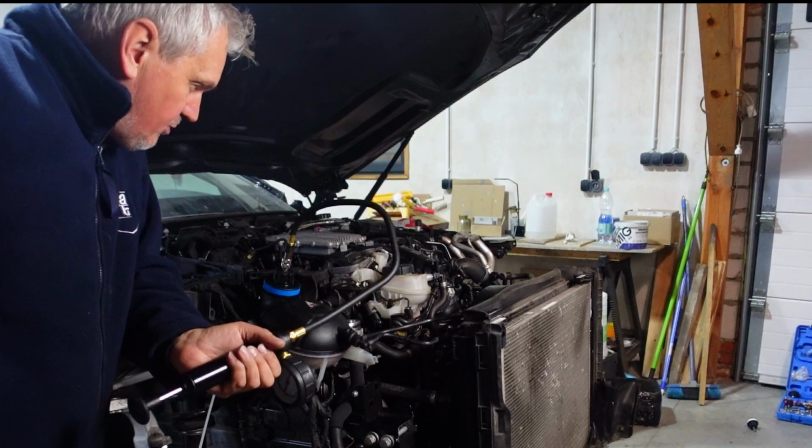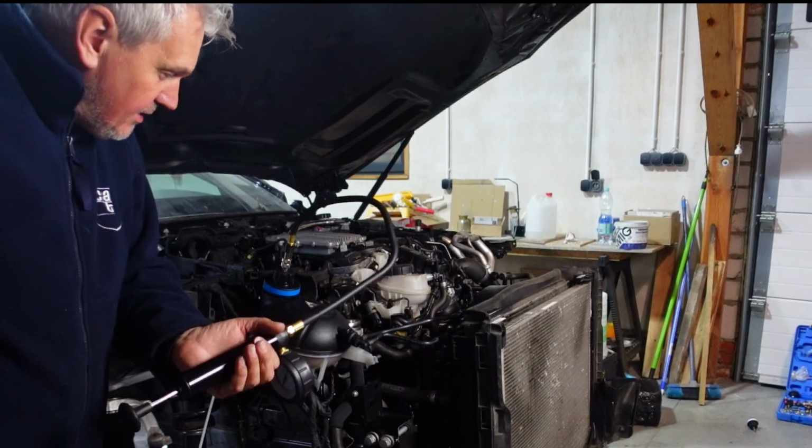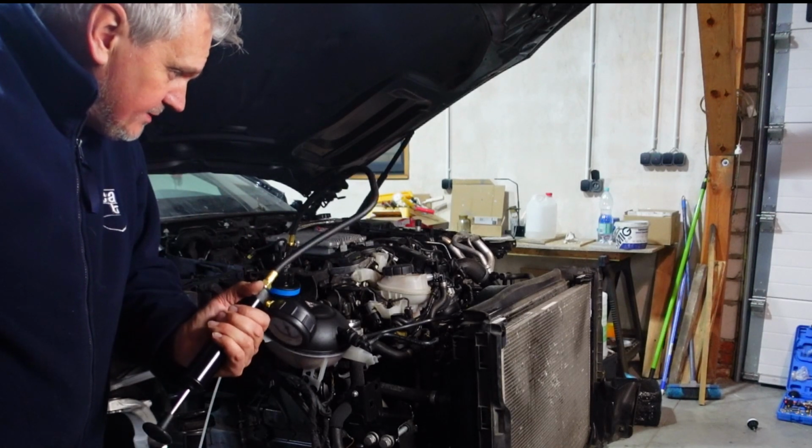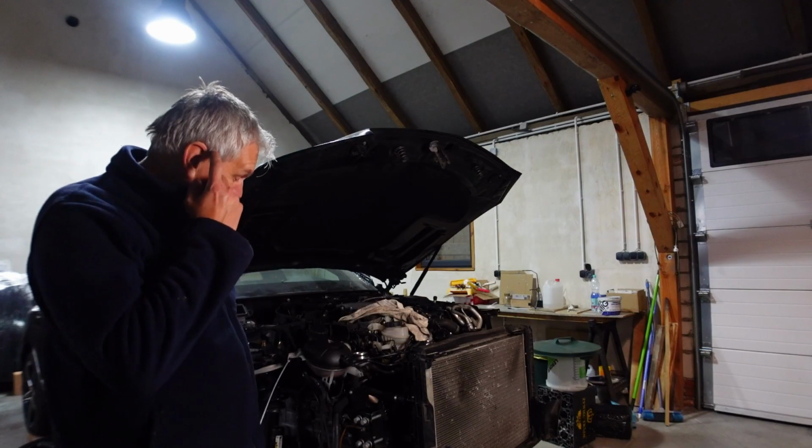I mean, a smoke tester would be great, because we could plug it up and, I guess, where the leak is, the smoke will be coming out, and we can find this very easily, but well, I don't have one. The cooling system leak has got me beat for the time being. I've tried